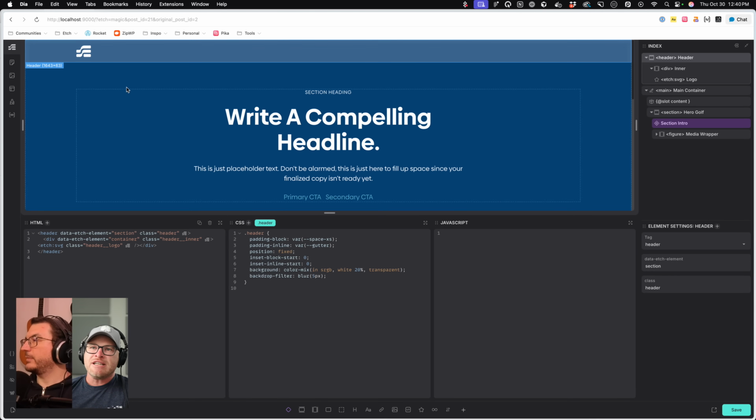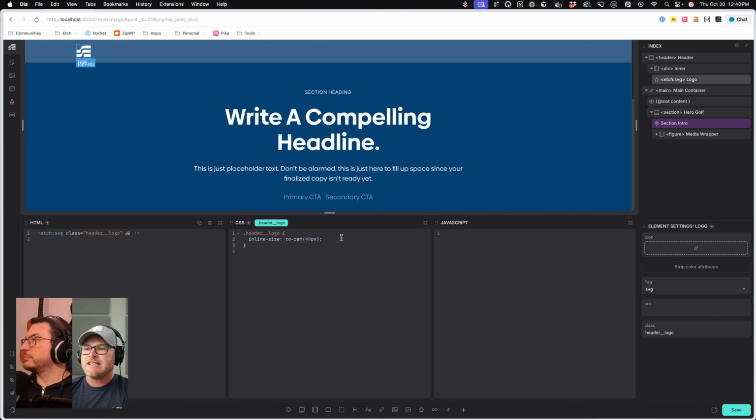But with SVGs, in order to control their color, like you see here, let's see if I can color this red. Okay, I can out of the box. It depends on how the SVG is formatted. Sometimes they have inline styles, and we have this feature over here called strip color attributes. And you can click that, and if your logo or your SVG is not changing when you use the color property, you might want to try clicking the strip color attributes. Some will work out of the box without it, but some won't. Once you hit strip color attributes, you should be able to then color this anything that you want with the color property.